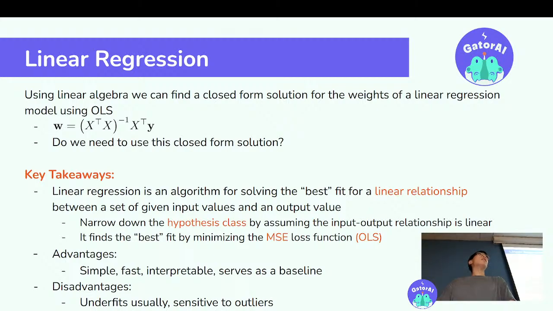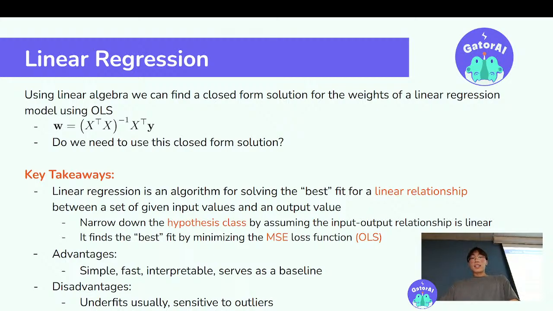If you have a deep neural network that you're training to do regression, but you find that your linear regression model is only slightly below it performance-wise, maybe you really don't need the neural network for your regression model. Maybe linear regression is good enough. So it serves as a good baseline to figure out what kind of model complexity you need, and gives you a good sense of where you are in the bias-variance trade-off. Remember we talked about that.